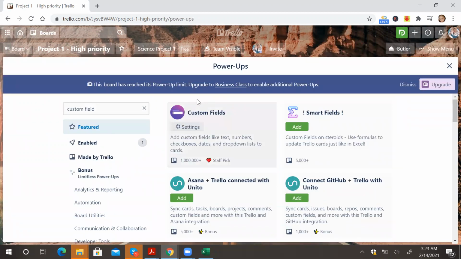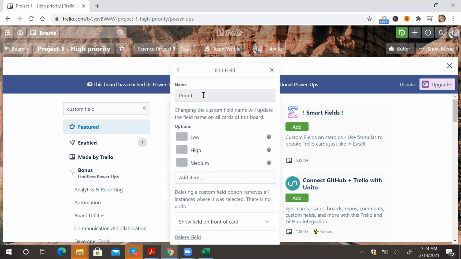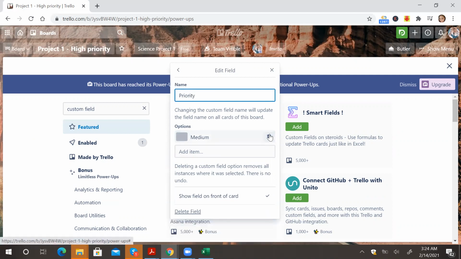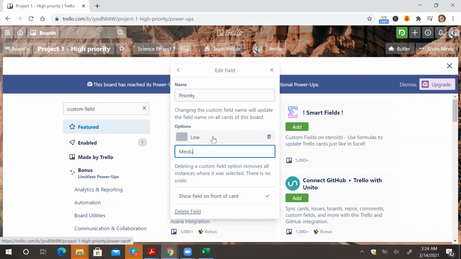The advantage of this power up, custom fields, is that it allows one to define, as the name suggests, certain fields in the card that can be very useful. Say we click on custom fields here, we click on settings and we do edit power up settings. And right now we'll add a field. Say we call the field priority. This we had added earlier, so I'll just delete it for now to demonstrate. This is how you would see it if you were to add this power up. And then you can define it as low, medium,